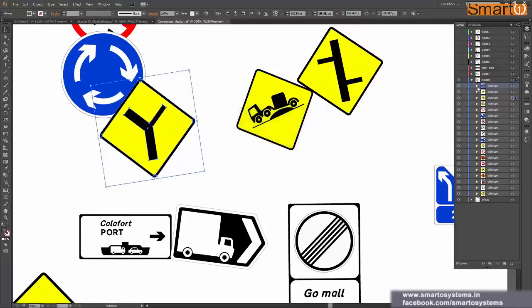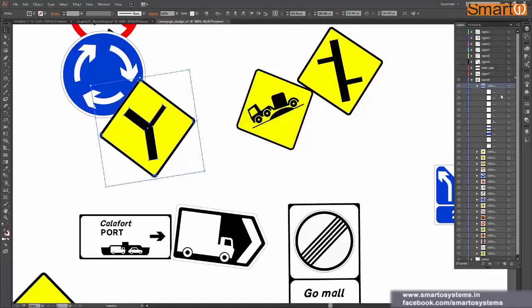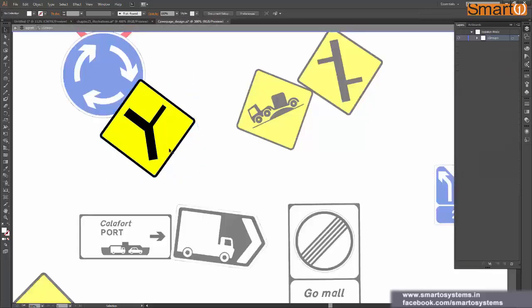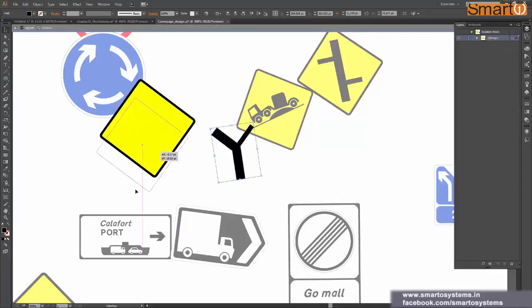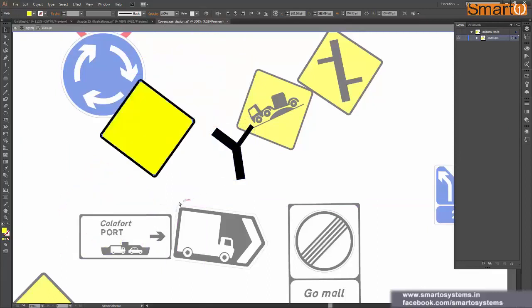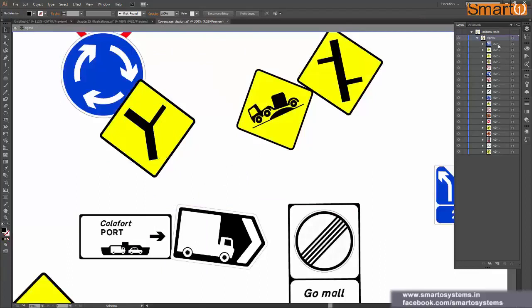No, you can actually just click on this arrow again to go into more details of what shapes we have inside this group. These are actually groups, as you can see, the name itself says group. I have grouped all these signs, and when I double click on this, I can go inside the group and change things the way I want. That's why it is showing all these group names here.